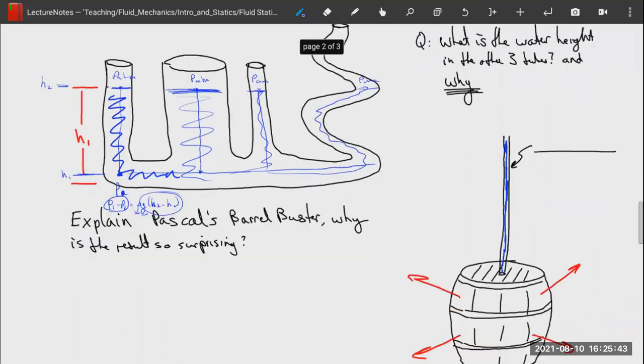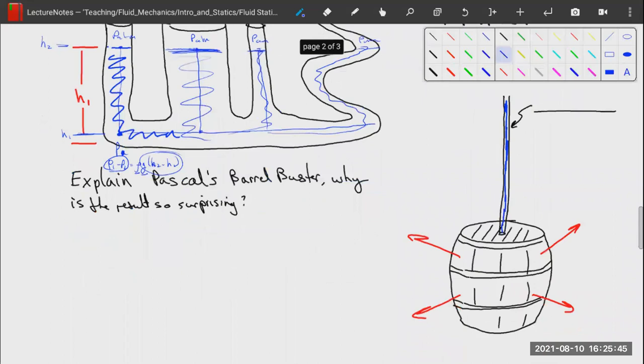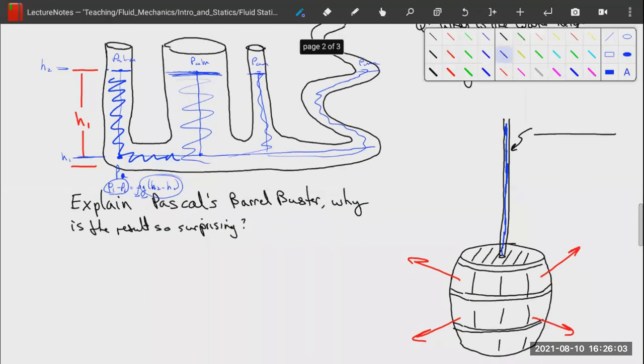Cool. So let's learn about Pascal's barrel buster. And if you Google this, there's a fantastic video a physics professor did where she did this in real life. Now, it's pretty much been concluded that this was a myth that Pascal ever actually did this, but the myth is that